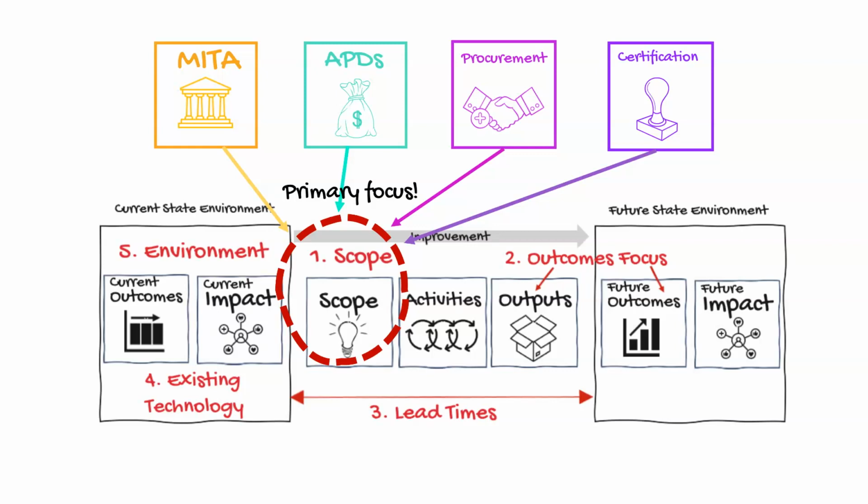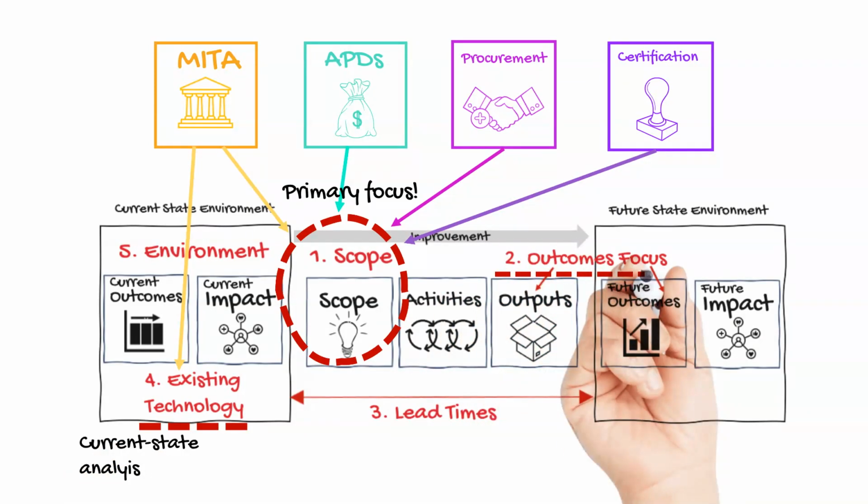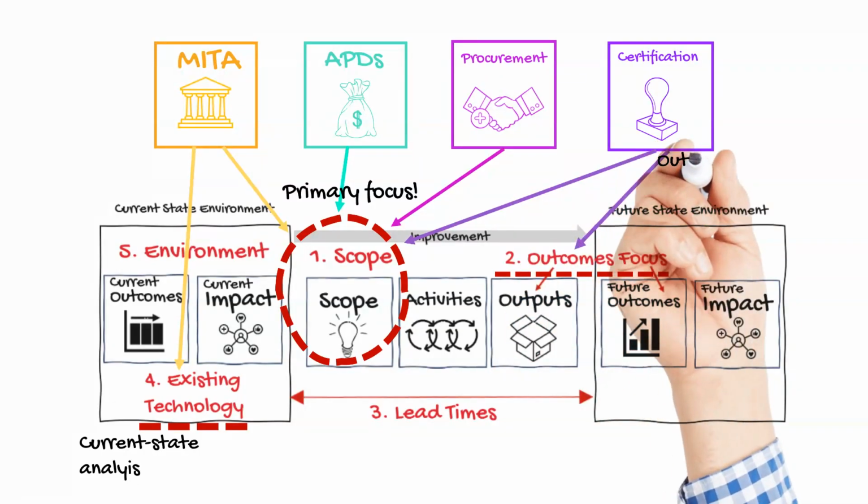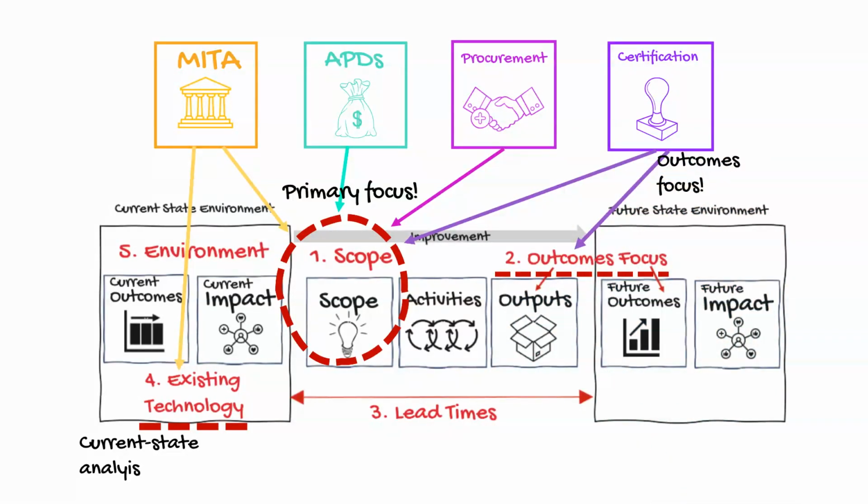MIDA also acknowledges the need to understand the current state architecture in order to identify better ideas for modernization. Lastly, the recently published Streamlined Modular Certification launched a focus on measuring outcomes rather than outputs, a major shift to address the outcomes challenge. Unfortunately, states have struggled to transition to an outcomes focus, and a universal list of Medicaid outcomes to measure is not available as a resource to states. This analysis gives us insight into potential gaps in our current approach for addressing our key challenges.